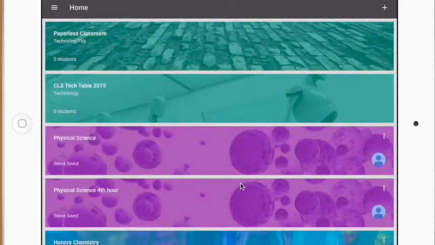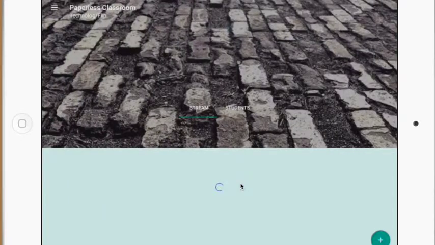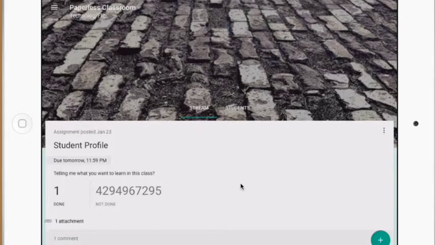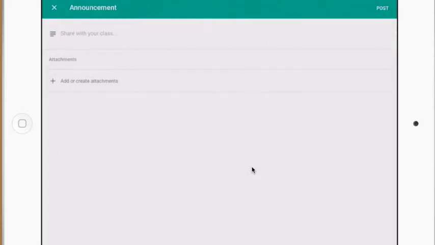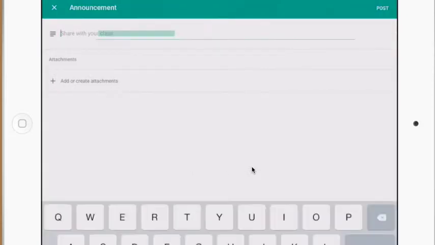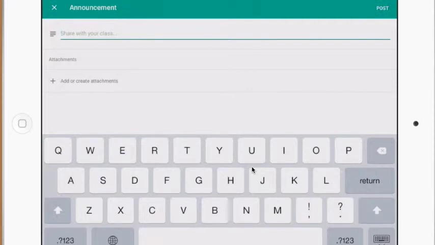So if I go right here back to my paperless classroom, as you can see, I have one not done out of so many students. That's because I did this as a setup here. But let's say I want to assign a new assignment. I hit the plus button. And right here, I can share my class. I can just do an announcement here. So I'm just going to do an announcement, and I'm saying